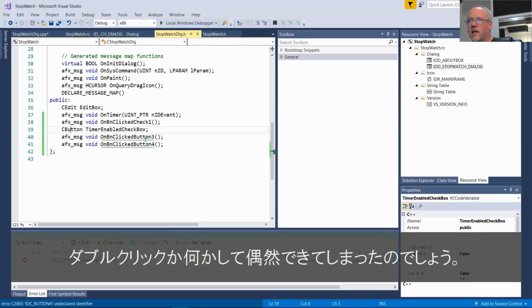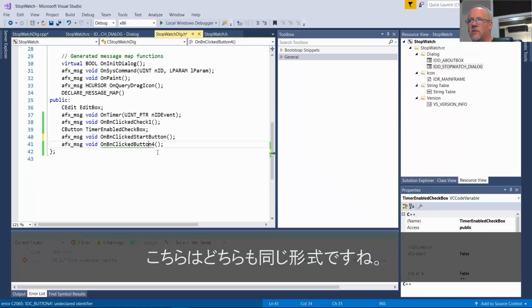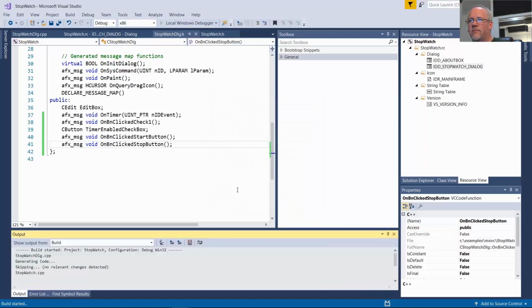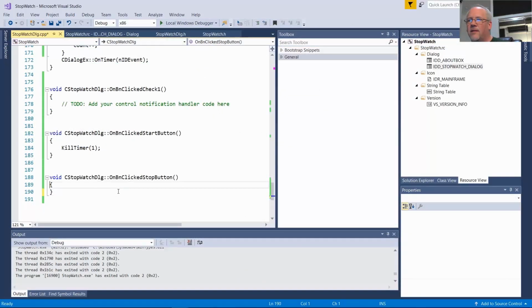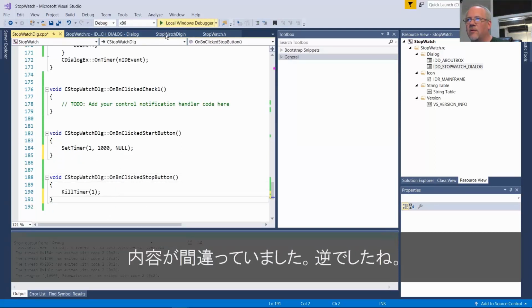I think that was accidentally added when I double clicked something. Luckily these are the same signature. Whew. So that's kind of a pain. So the functions are actually named right. Well, you can look at it either way. The content was wrong, was backwards.